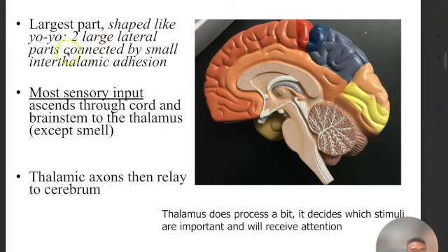Thalamus, the largest part, is shaped like a yo-yo. Two large lateral parts connected by a small interthalamic adhesion. So it's right here. Most sensory input goes through here. It ascends through the cord and the brainstem. Remember, it comes through here, and then it's going to connect to the rest of the brain wherever it needs to go, whether it's long-term memory, visual, whatever, except smell. Thalamus, axon, then relay, so it comes here, then the axon